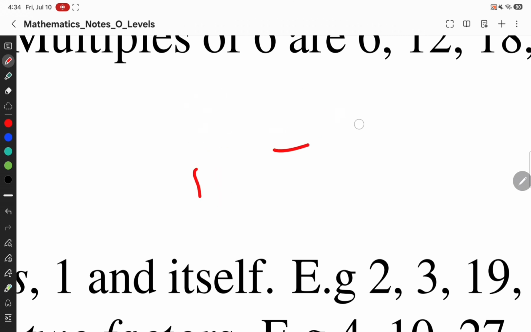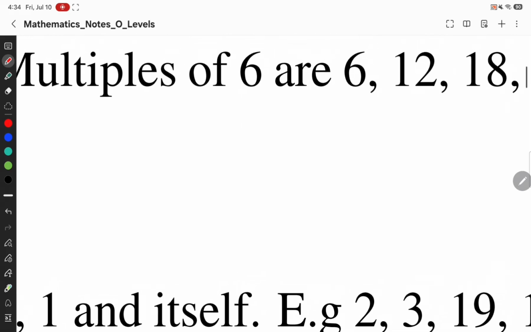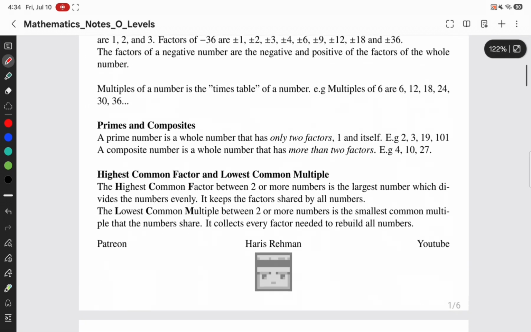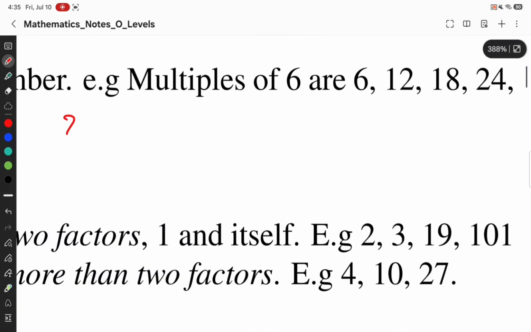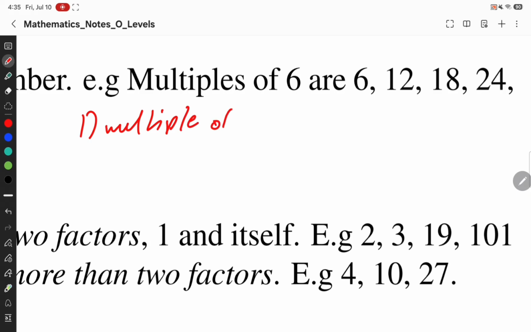So you can do tests up to 13 or 17 if it's that bad. You guys can write it down: it should not be a multiple of 2, and the second is that it is not a multiple of